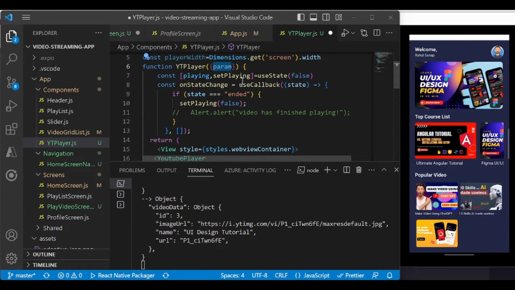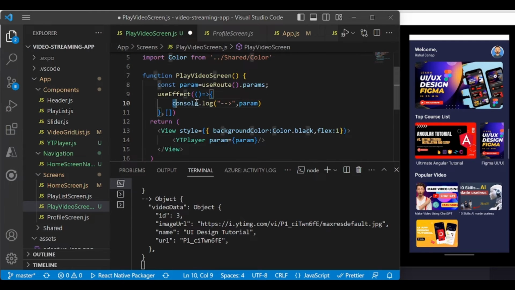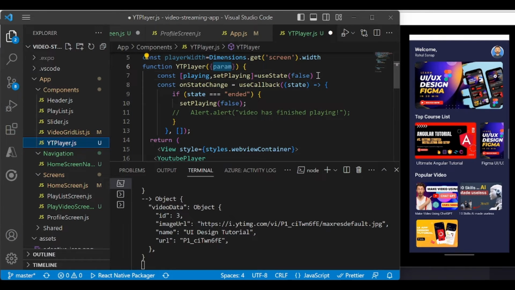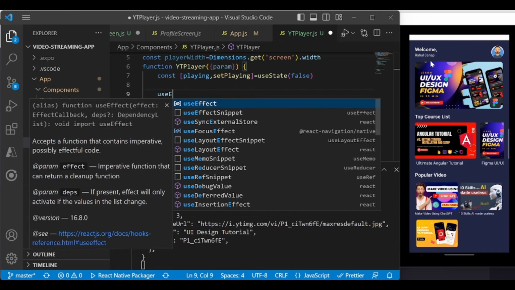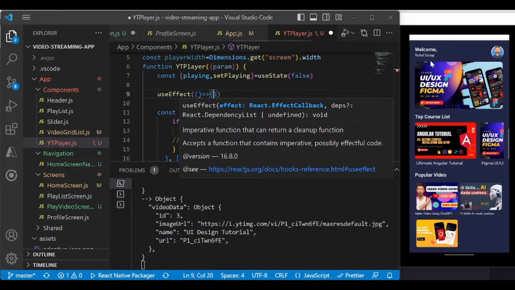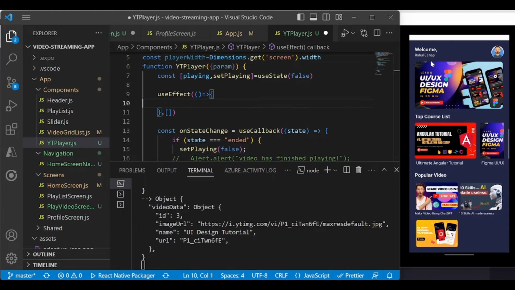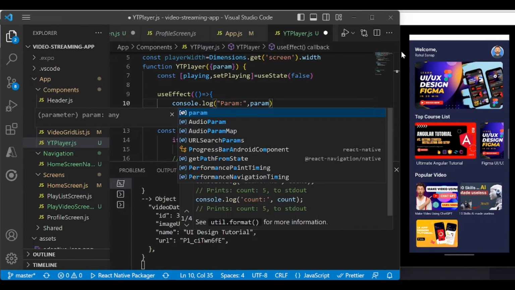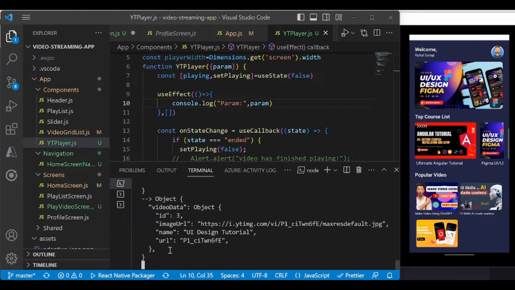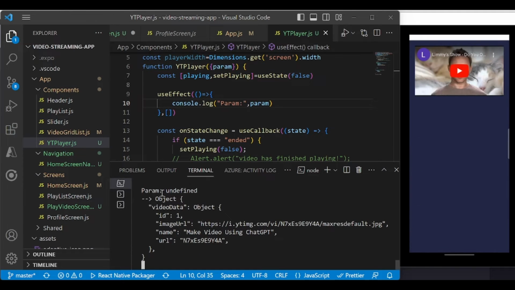And if you want to check whether we are getting it or not, let me remove this console from here, and in this YT player we can define the useEffect, pass an empty array, and here console.log, param colon, and we will write this parameter, and let's see. So in the console, just ignore this above console, and if I click this, if you see, parameter object undefined. Okay,